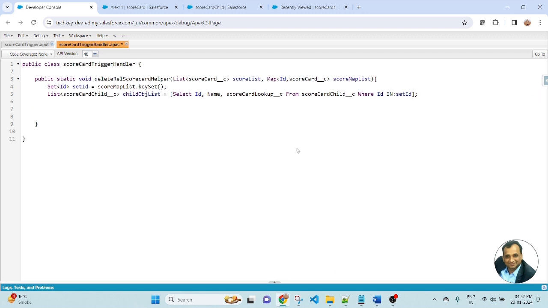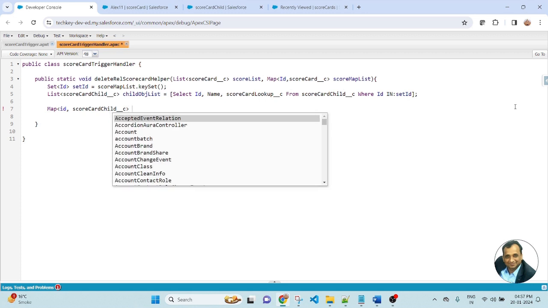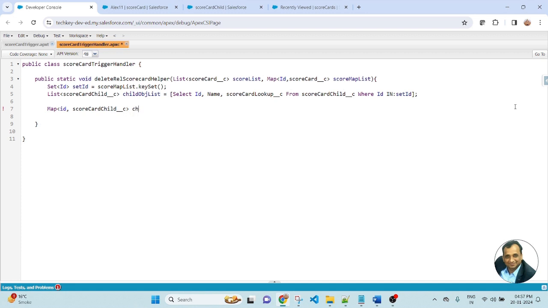Then here I am creating a Map of ID and the child object. This is the API name of the child object. Copy and paste here. Write the name of the map variable, childObjMap, equal to new, copy and paste here. So here I created a map of ID and child object.